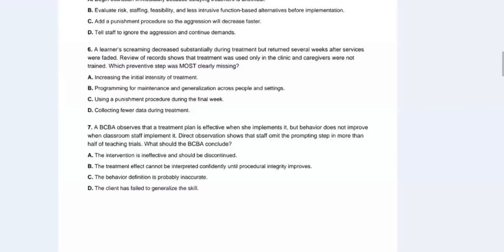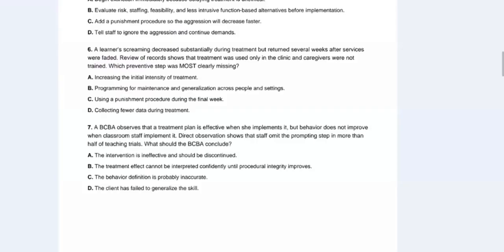Interesting. Screaming decreased substantially during treatment, but returned several weeks after services were faded. So it's like a relapse, right? Review of records shows that treatment was used only in the clinic and caregivers were not trained.